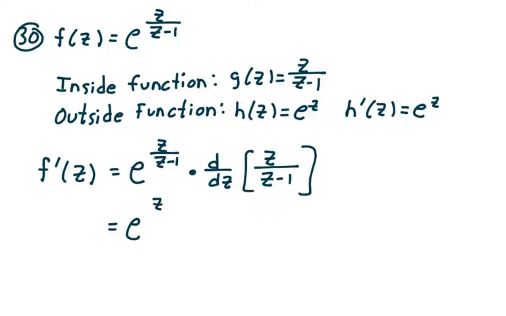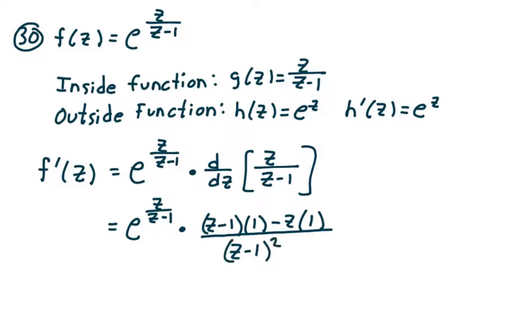So we're going to get e to the z over z minus 1 times. Now, I'm going to write down the bottom function, which is z minus 1, and I'm going to take the derivative of the top function, which is, in this case, 1. And this is everything with respect to z. I'm going to subtract z, and then I'm going to multiply by the derivative of the bottom function, which is 1. And I'm going to divide by z minus 1 raised to the second. Okay? And so, therefore,